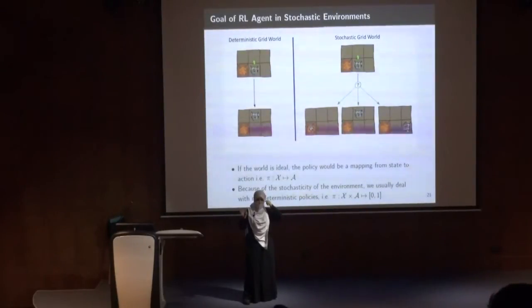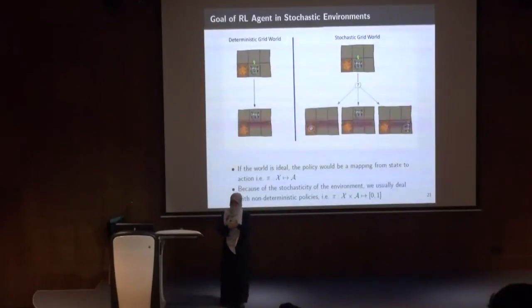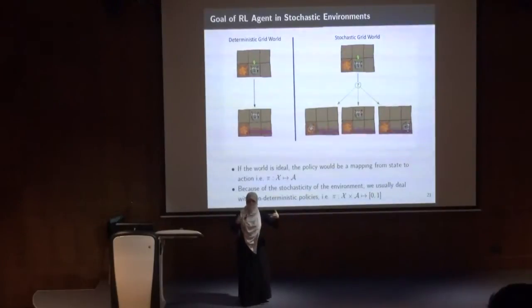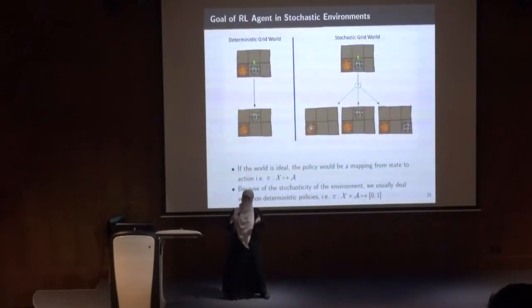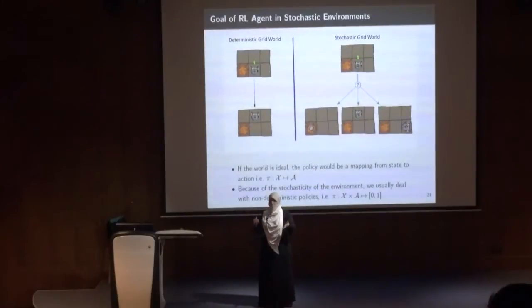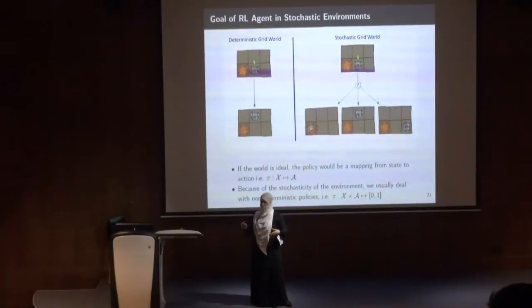Should I repeat? Yes. Okay, so in a deterministic environment, I have a state, I just say, take this action. In a stochastic environment, if I say go up, the agent might not go up. So I would say go up with a probability of 0.9 and go to the right with a probability of 0.1. And the agent will sample a certain number, will draw a random number. If this number is lower than 0.9, it will go up. Higher than 0.9, it will go to the right. So that is how to introduce this stochasticity into the problem.